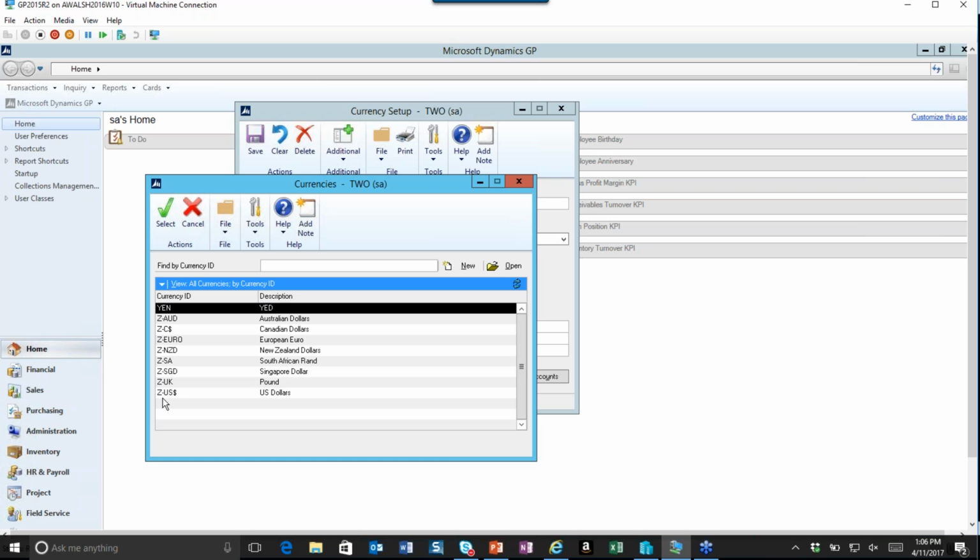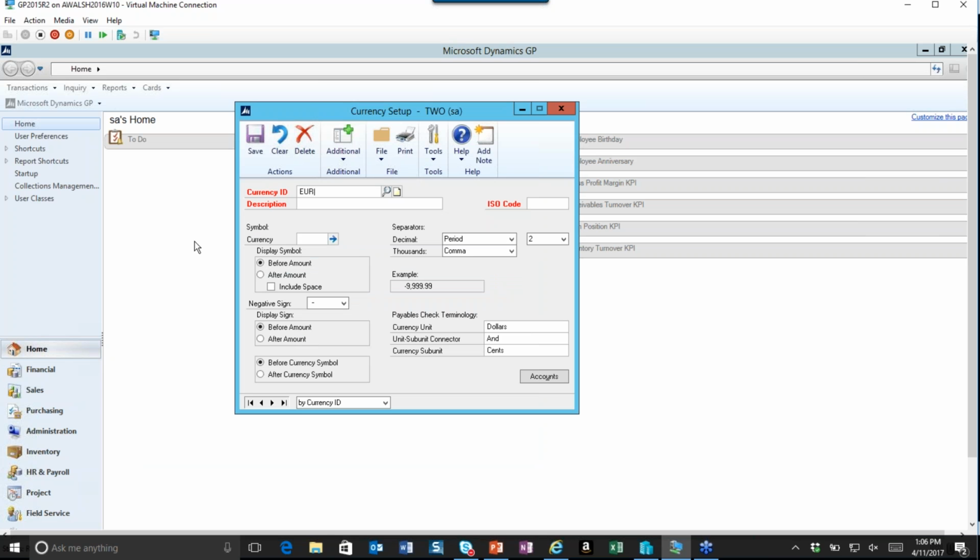USD, US dollar. Most people do not want to see a currency in this particular, I wouldn't say format, but the currency ID, they do not want it as the US dollar sign. They'd rather see it as US. So in order to set up a currency, for example, if we were going to set up Euro, EUR. Now, I would say a common mistake, but sometimes when you set up your currency ID, you can use